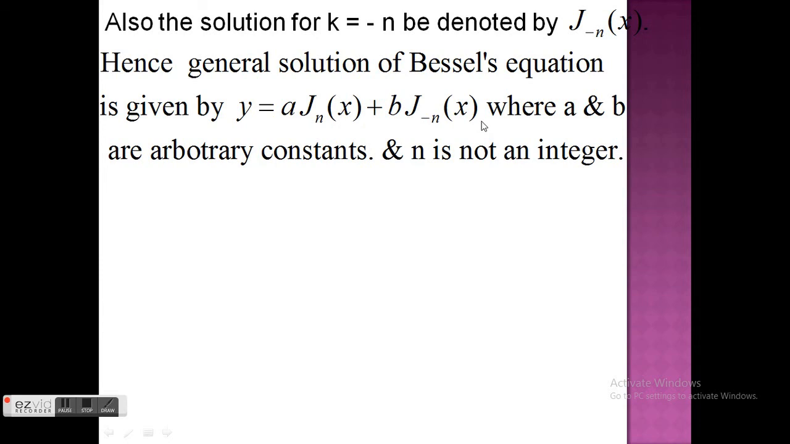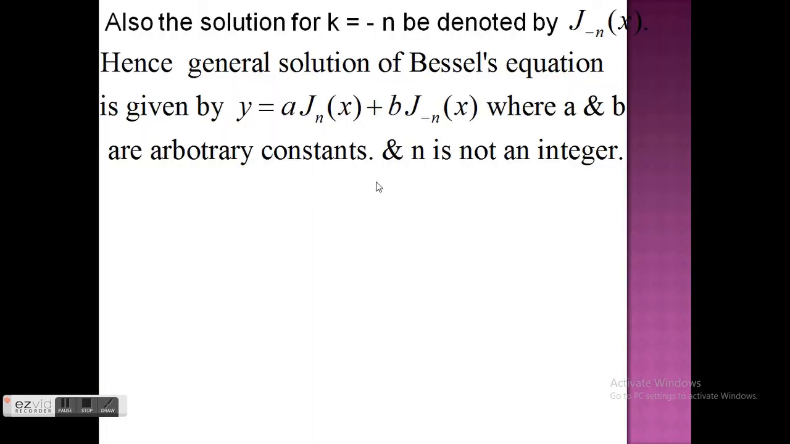Hence, the general solution of Bessel equation is given by y equals a into Jn(x) plus b into J-n(x), where a and b are arbitrary constants and n is not an